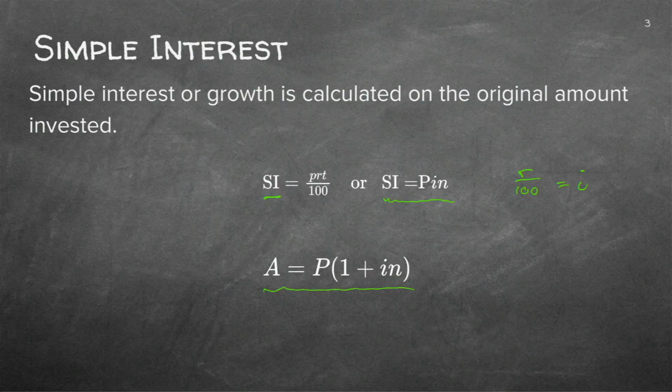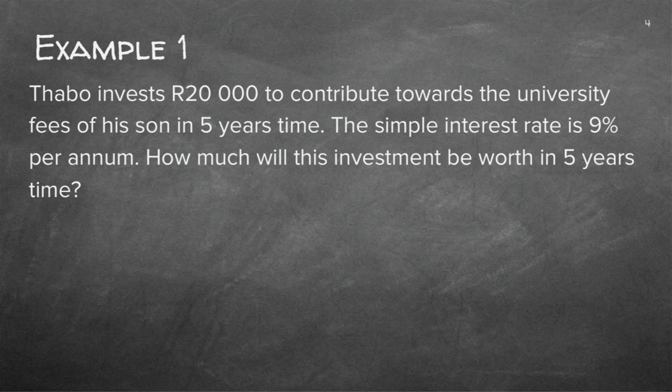Now, if you look at the formula, you'll see it's all the letters that we discussed on the previous slide. The A is always the end amount because the sum is about what is going to happen in the future. So the future end amount. P is the present. Easy to remember now. We start off now. And then the I for the interest rate and the N for the number of years. Okay, but as always, it's easier to rather just do the problem and make sure that we know what is going on. Let's read.